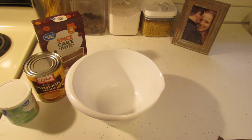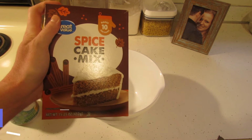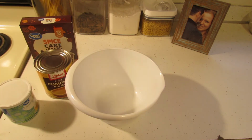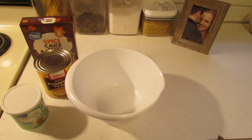We are doing my favorite fall recipe, and I've decided to do a 2-ingredient muffin. So we're going to mix this here with half of this. I had to buy the big one because Walmart is out of everything. They're definitely out of the small one. And we're going to do cream cheese frosting and, excuse my dryer,